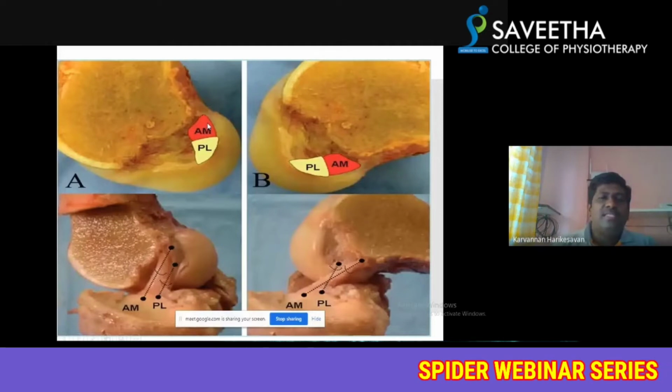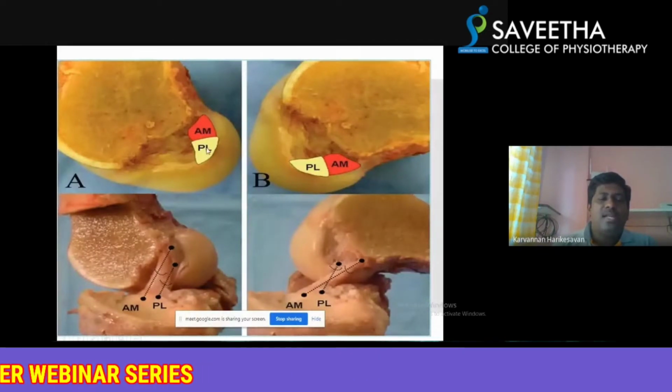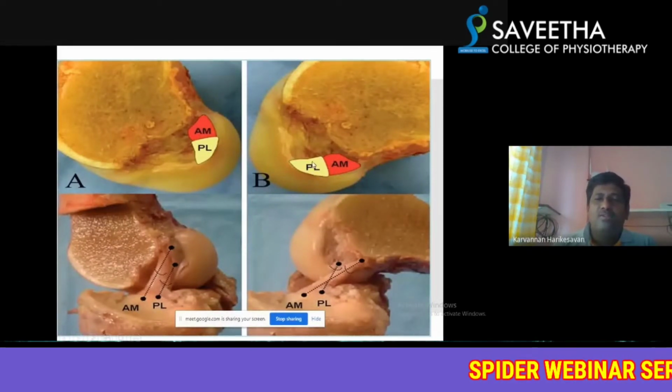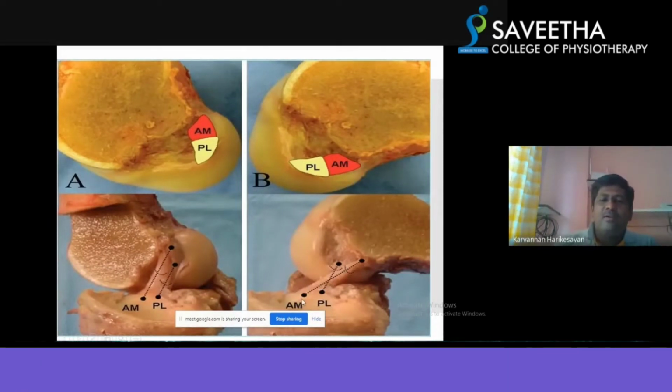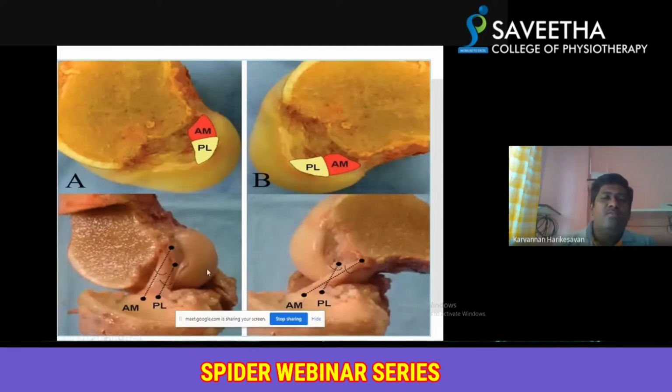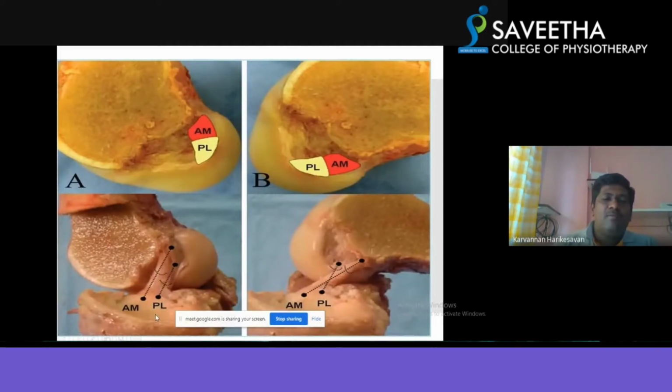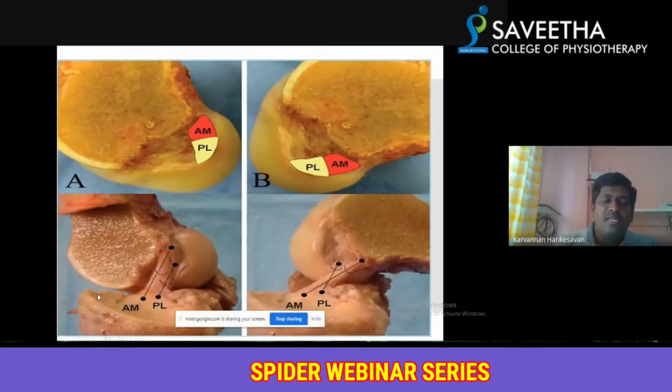In the knee in full extension, the anteromedial and the posterolateral bundles will be here and here. So what will happen as the knee goes into flexion? As it goes into flexion, there will be some twisting because of the spiral nature, and the anteromedial bundle will take more tension and work as a maximum restraint to flexion. The PCL works as a maximum restraint to extension. Sorry, it's not the PCL, it's the posterolateral bundle. This will be more engaged in the extended knee.